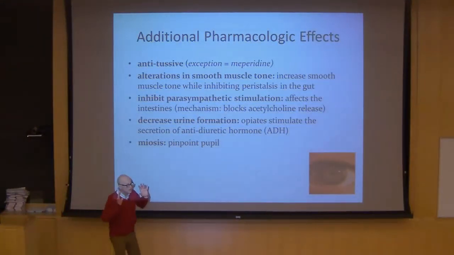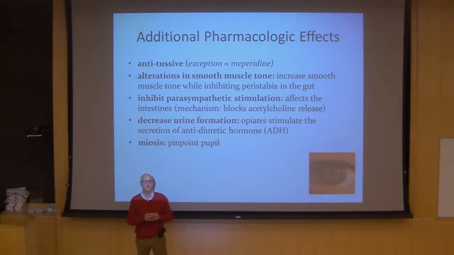Okay, when we look at a person that's been treated with morphine or another potent opiate, we notice that there are other effects. One is that a number of different opiates are good anti-cough medication or anti-tussive. This is basically part of the effects on the brain, and not every opiate is the same. Codeine seems to be one of the better ones compared to morphine. Another effect of the opiates is basically decreasing